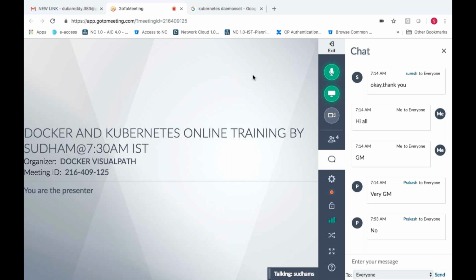Once it is completed, we can launch a dashboard, or before that only we can launch a dashboard. We'll do one thing tomorrow: in launching the dashboard we need to understand what RBAC is also. After these topics are done, it will take 2 more days, then we will launch a dashboard. After that we will see Helm charts and all. I will try to complete by this weekend. Thank you guys, thanks a lot.